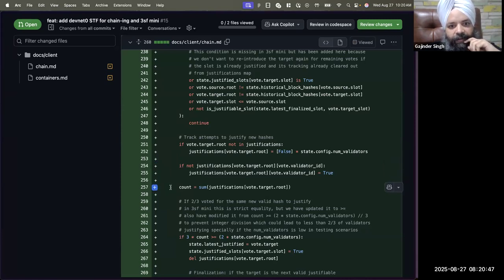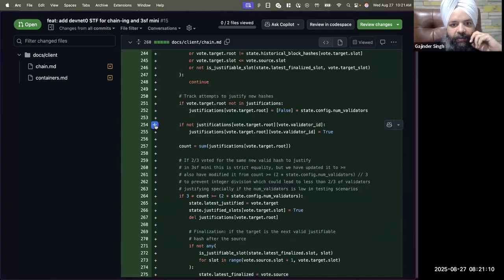And if, for example, there is a vote that is not in justifications map, then you basically populate that map with some false entries, like initialization. And coming to the next step, which is line 254,